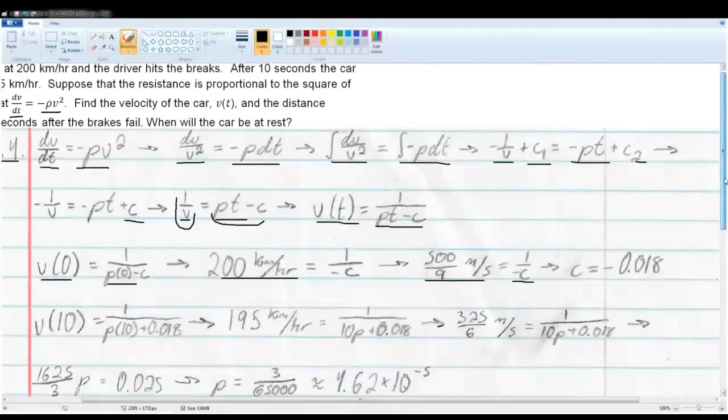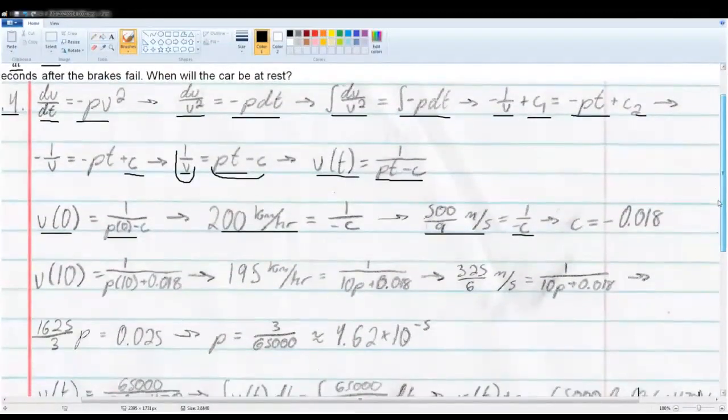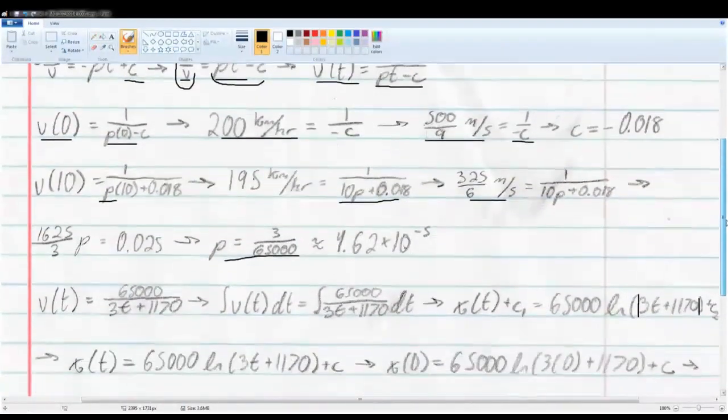Then we have at 10 seconds, the car is at 195 kilometers an hour. So we can solve for rho. And basically we plug it in for t again. And we go through all the steps. I did a unit conversion. And basically we get rho equals 3 over 65,000. Pretty high number, but